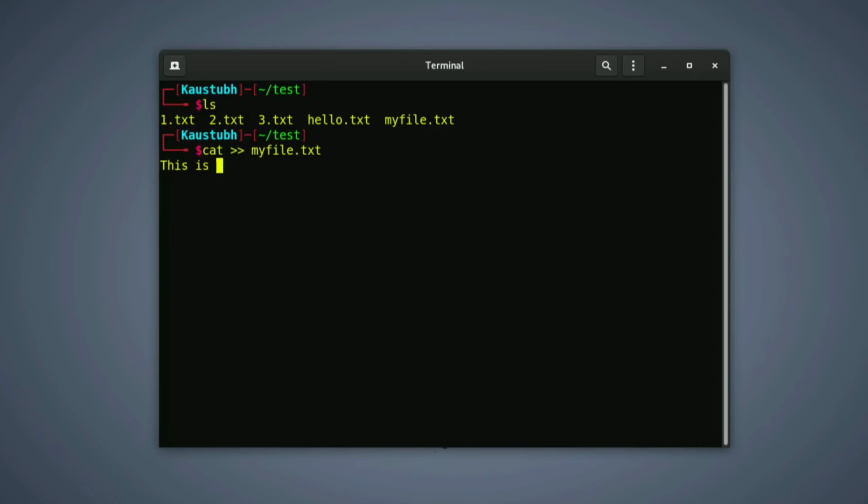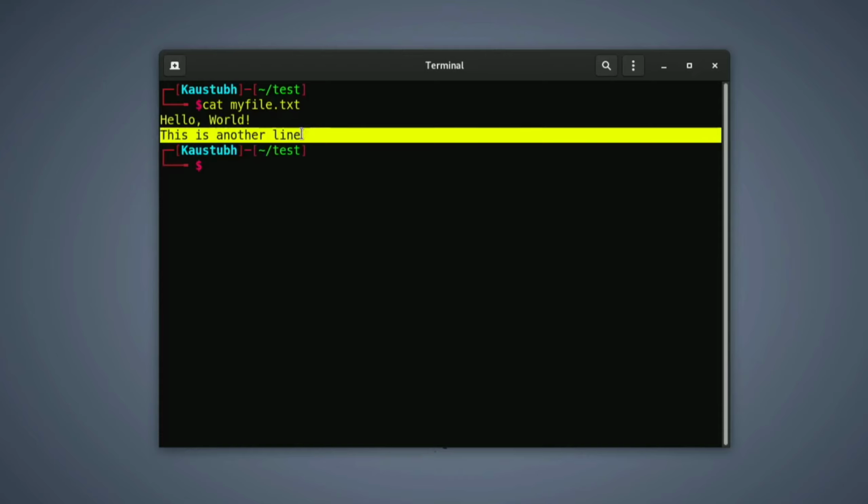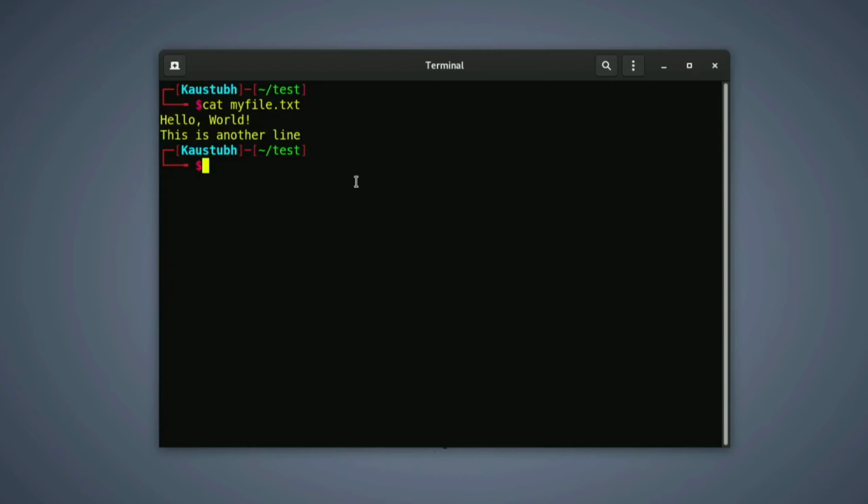Type this is another line, hit enter, press Ctrl D. Now clear this output window and check whether our new text is added in myfile.txt. Just type cat myfile.txt and hit enter. You can see this is another line is added successfully at the end of that file. So this is the cat command.